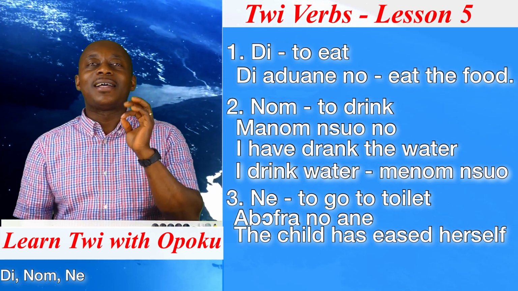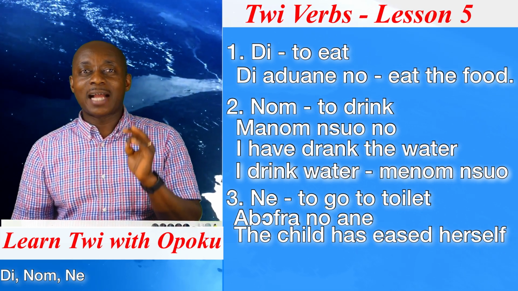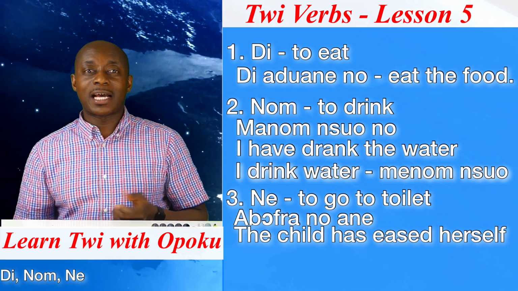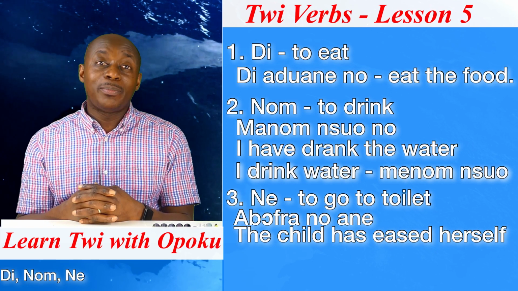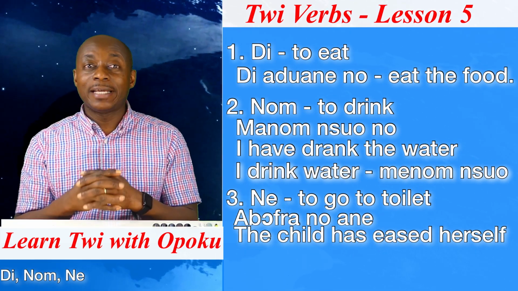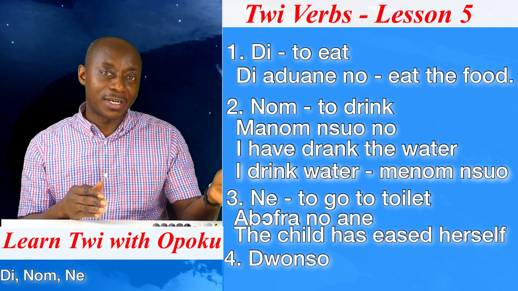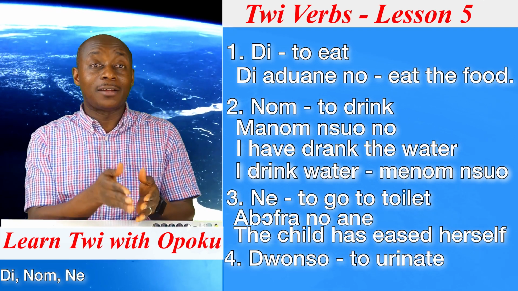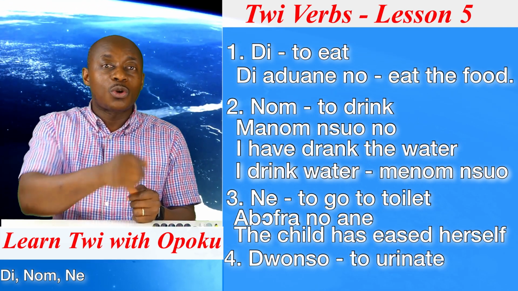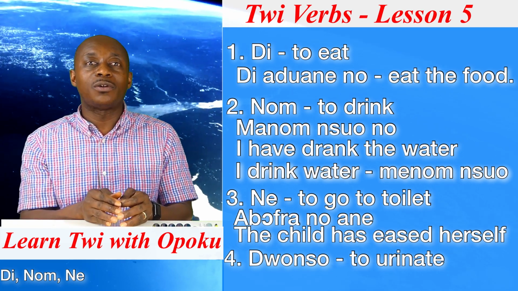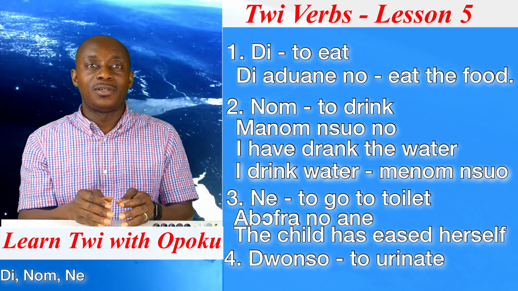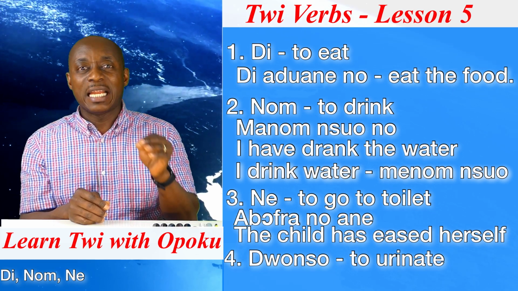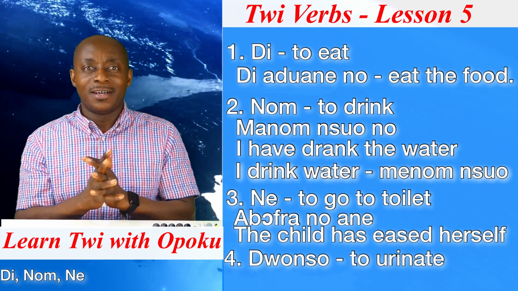That is all. The 4th verb, that is also something that is concomitant with eating and drinking, is what? To pass off water, that is to urinate. Sometimes to avoid bedwetting, you wake the child up in the night and then you ask the child to what? Urinate. In that circumstance, when you wake the child up and you are telling the child, urinate, you can say, Johnso. Johnso, meaning what? Urinate. So when we say Johnso, that is what? To urinate. And when we say ne, and that is what? To go to toilet. Good.